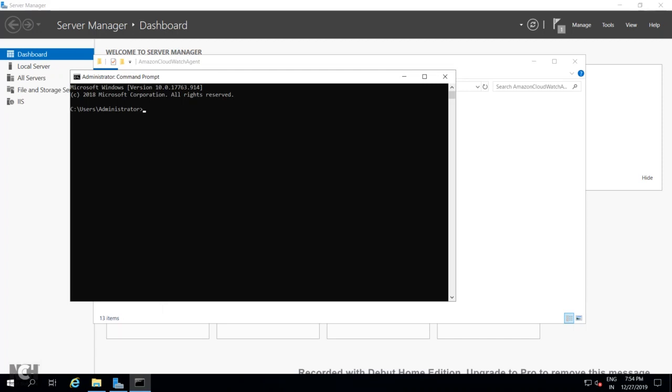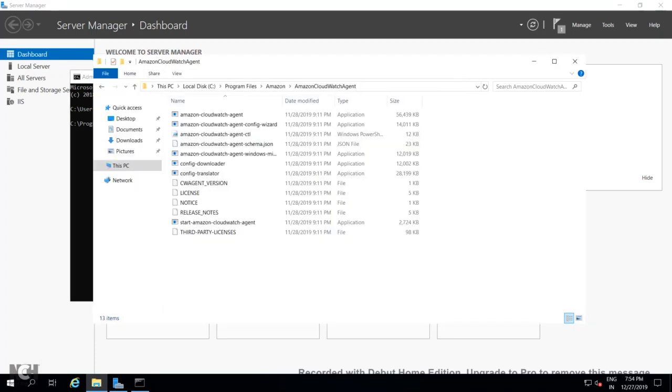Then go to that required location, cd. Yeah, now you are in Program Files. See, you need to run that file,